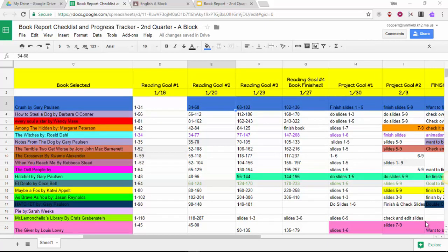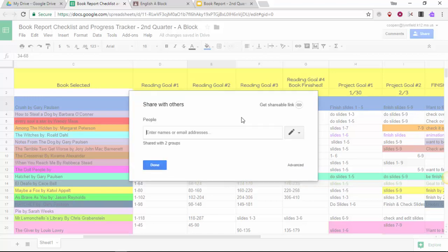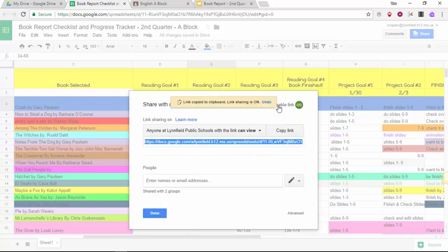So I was able to share out this collaborative document in Google Classroom. If you don't have G Suite or Google Classroom, you could still manage it just by sharing the document with your students. You could also just grab the link, and you can put the link in the actual presentation, the book report template or the book report explanation, or if you have a Google Doc that you have your report guidelines on, you could put it there. But if I just grab the shareable link